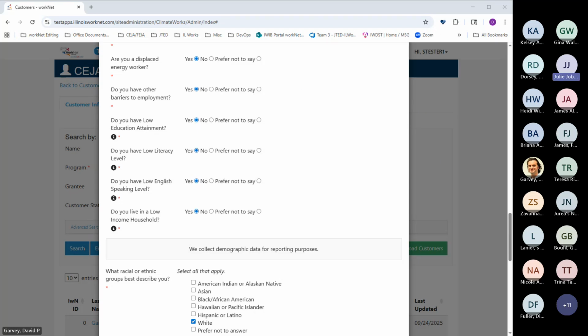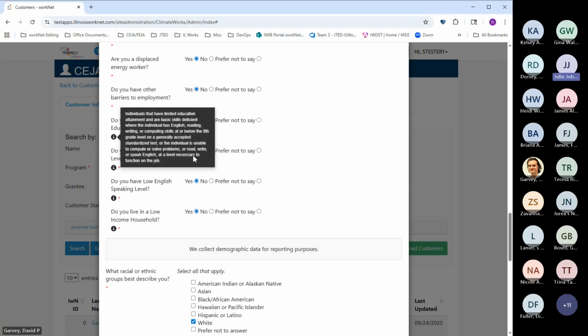Yeah, thank you. We actually noticed this yesterday. And so a couple questions on it. Obviously, we don't want to ask these questions to the people the way that they're worded. So my question is, on the first one, do we consider low education attainment whether or not they completed high school? Because if so, then that is what answers that question. I'm just thinking of what question we ask them to reach the information we actually want.